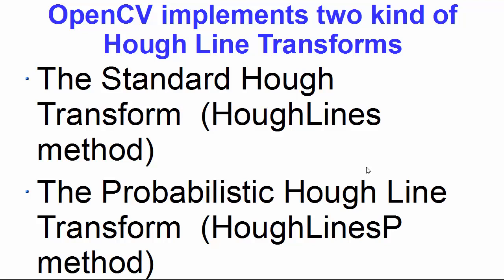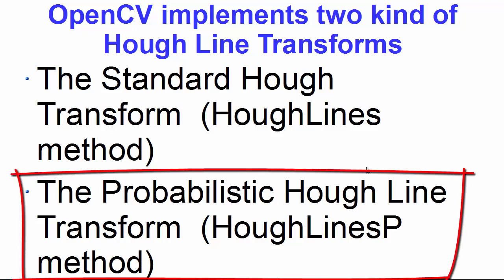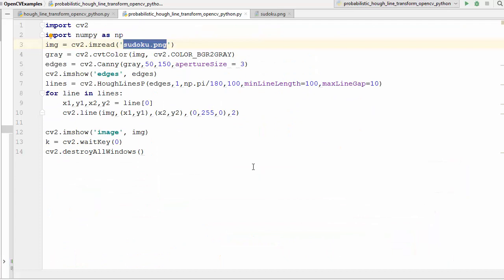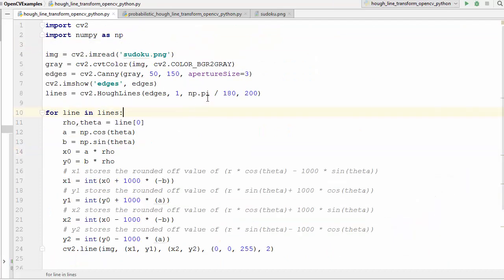In the last video, we have seen how to use standard Hough transform using HoughLines method in OpenCV. Now in this video, we are going to see how to use probabilistic Hough Line Transform using a method called HoughLinesP in OpenCV. So let's go to our editor, and this was the code we have written last time,